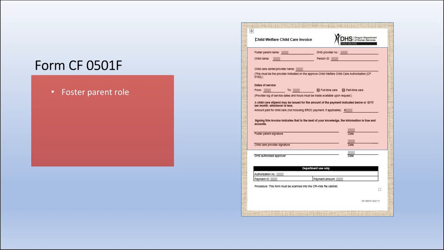And as Donna just mentioned, at the bottom, both the foster parent and the child care provider would sign and date this, and that would verify for us that this child care has been provided and that payment should be made through the stipend. And then we have the caseworker again. It says DHS authorized approver. That's either going to be the caseworker or their supervisor. Again, it doesn't have to be both, but they're going to receive this, review this, and then sign that they